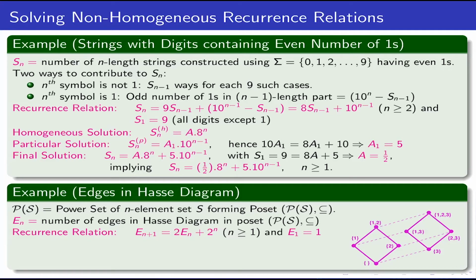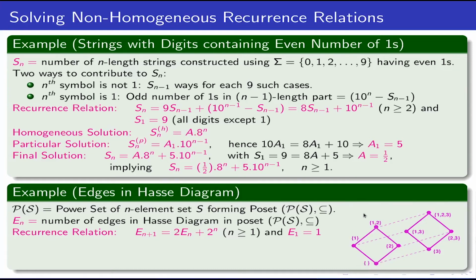For a set S of n elements, we have a power set of 2 to the power n elements, that is all subsets of the set. Now when we try to form that, we divide the power set into 2 clusters, one containing the element n in the subsets, one not containing the element n. Once we do that, each such subset has exactly one edge to the other subset of the other cluster. So therefore my recurrence would be,